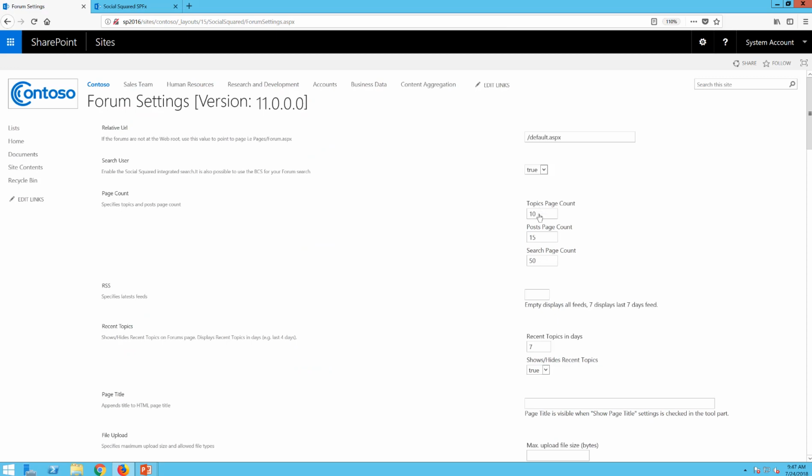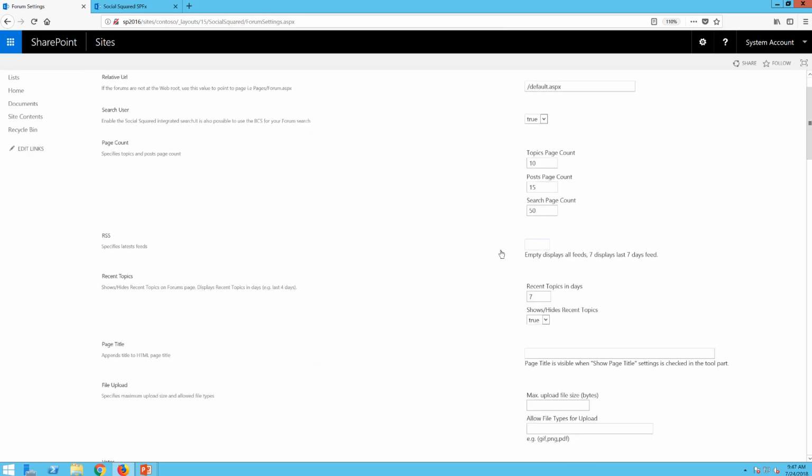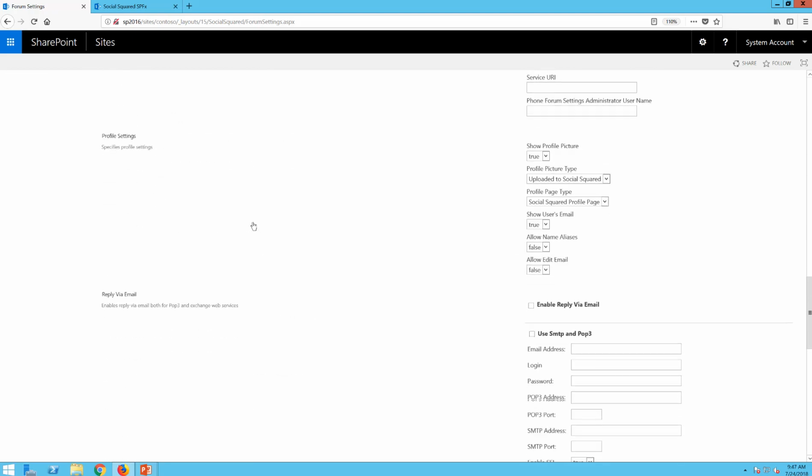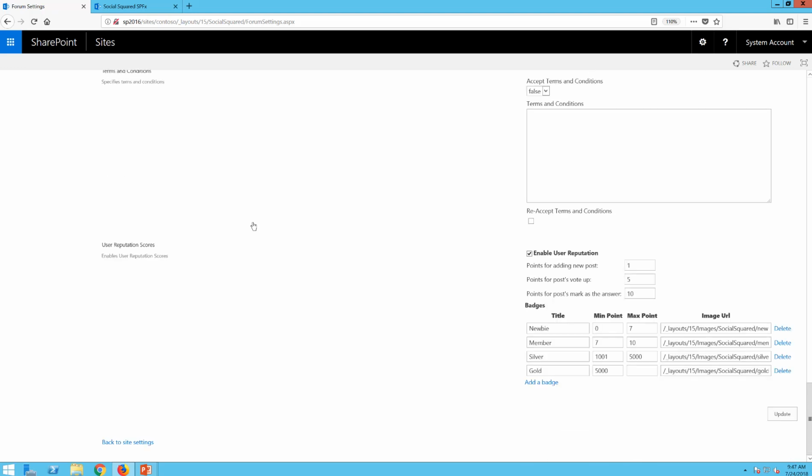So this applies to everything, and there's a whole bunch of settings here that we can go through in more detail if ever you want a private demo. But I'm just going to scroll down to some of the different gamification features. So notice down here we've got the user reputation that we can switch on or switch off. You can specify your different levels of